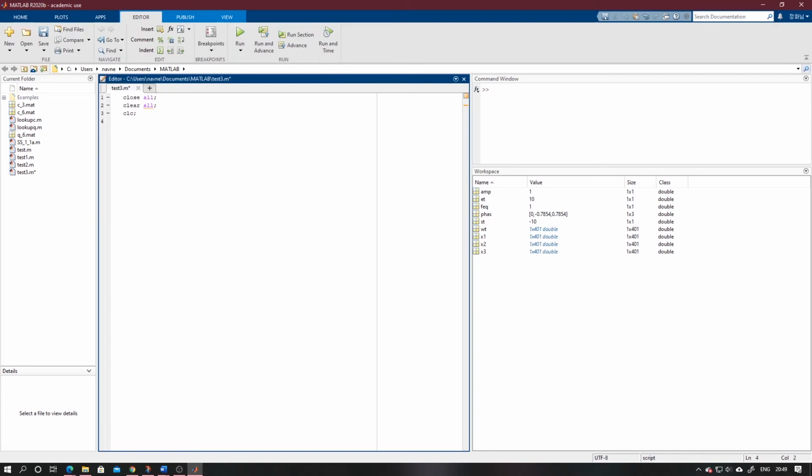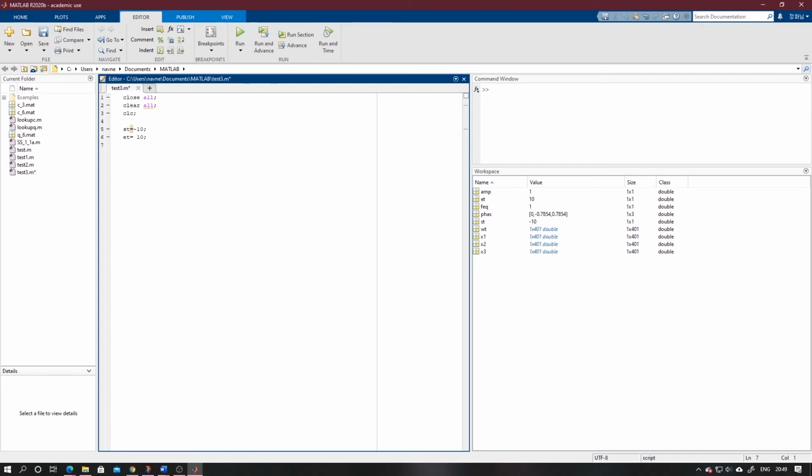Now first we have to assign the start and end point of the time axis. For that I will use ST for the start time equal to -10, and ET for the end time equal to +10.